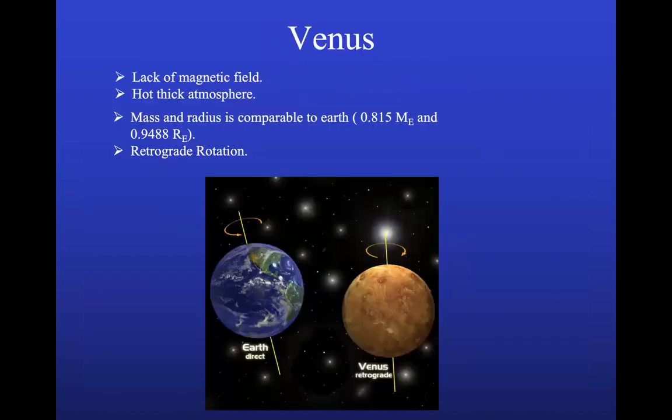Mercury, in fact, has a different path around the sun, which we talked about last time is due to an effect coming from general relativity. Venus has different kinds of characteristics, and one of the main features is its retrograde rotation, which means it rotates with respect to its own axis towards the